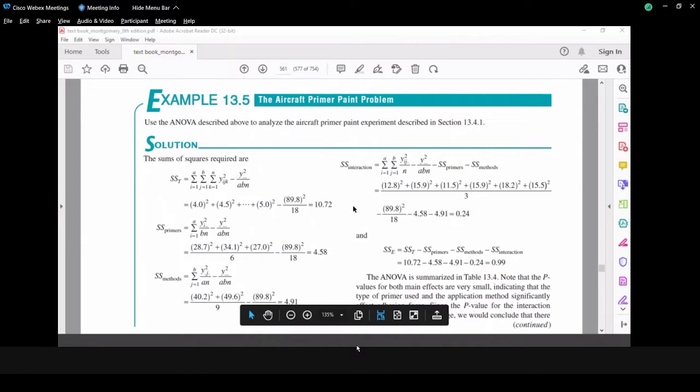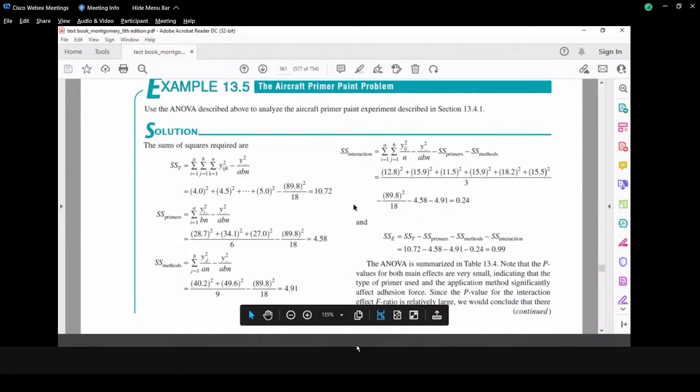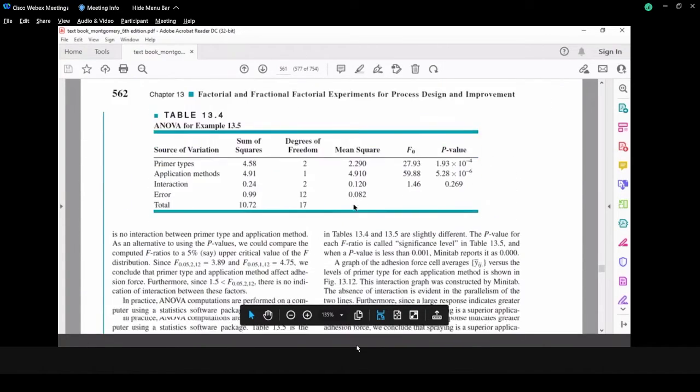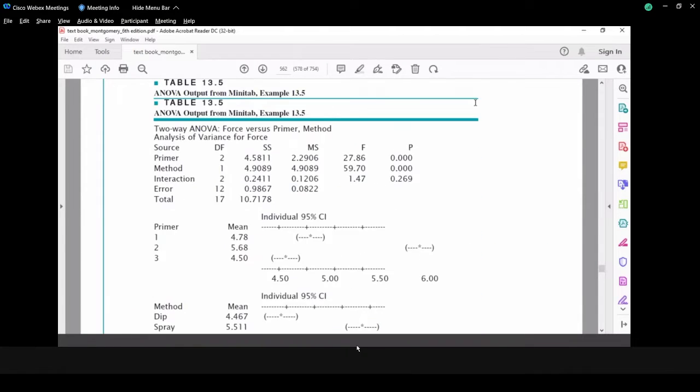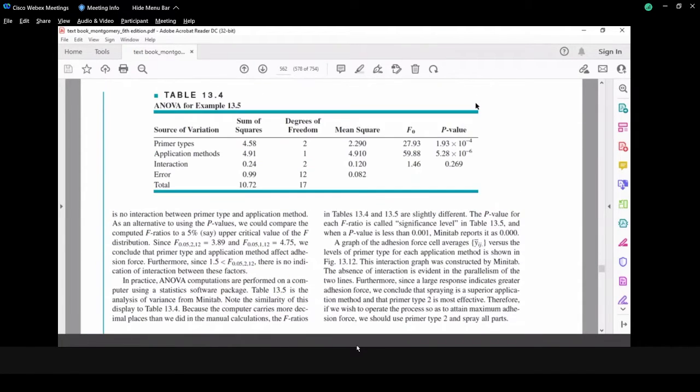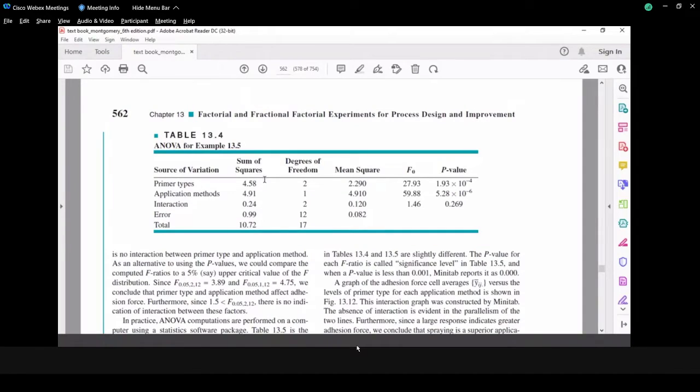Calculation, and then this is the ANOVA, right? This is the ANOVA. You can see here, right? Interaction. If you look at the interaction between A and B,